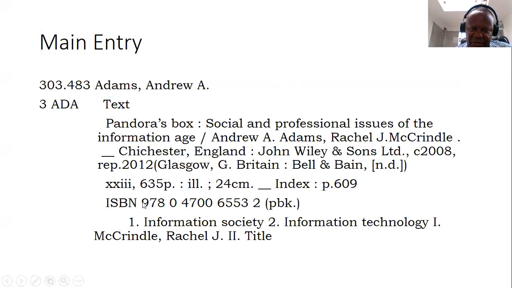After the note area, we move to the standard book number area. Standard book number has 13 digits. It is a paperback, so this is the qualification of the standard book number. In the tracing area, I've assigned 2 subject headings. Number 1,